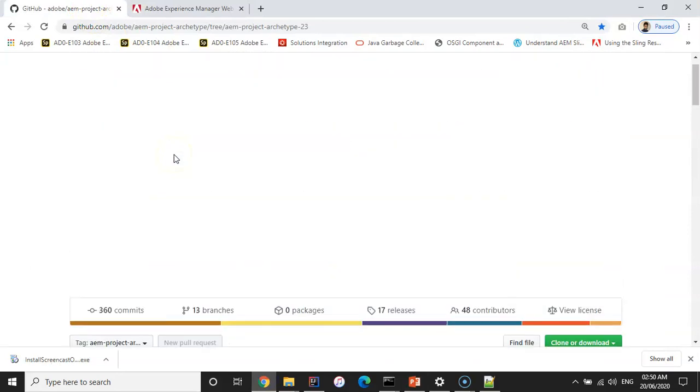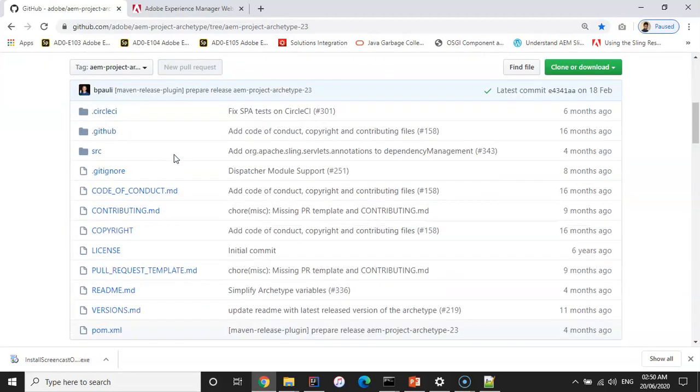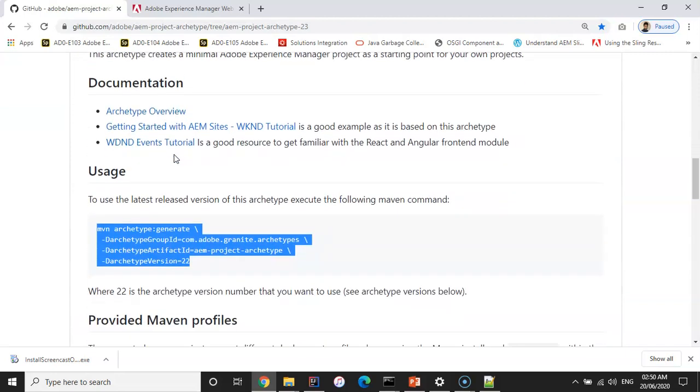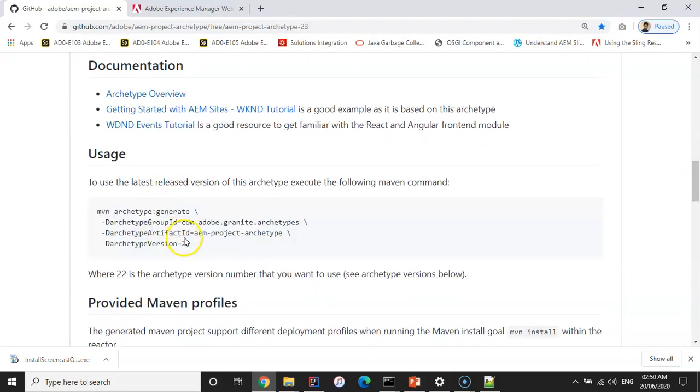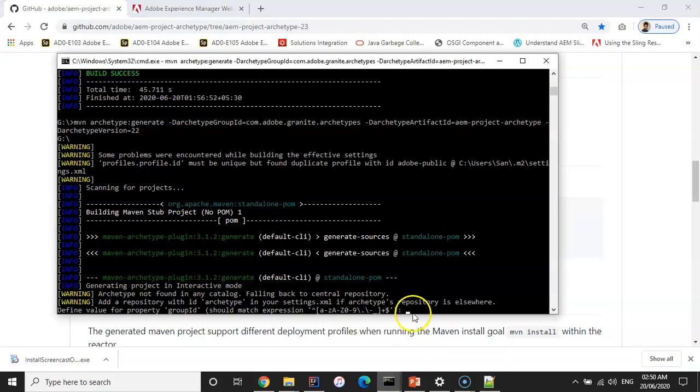So this is the Adobe Marketing Cloud Archetype GitHub page, and let's look for the command. So this is the command. Copy this and simply paste it.